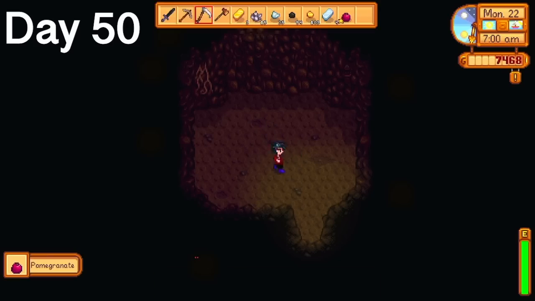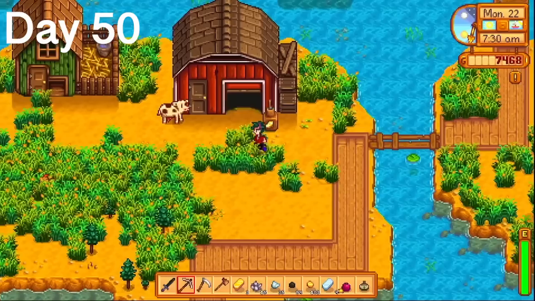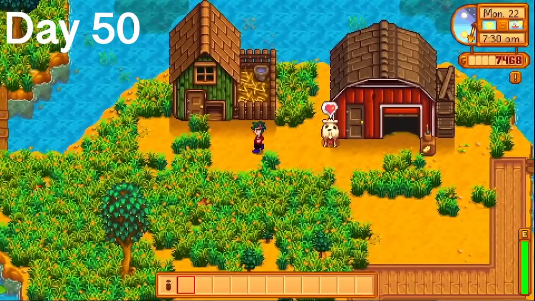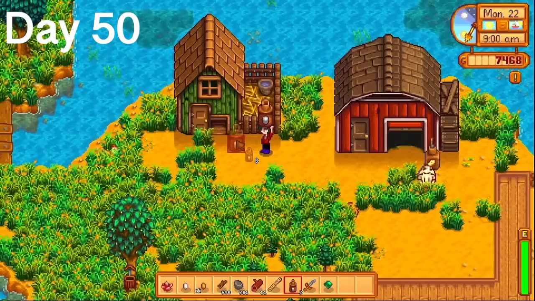I found another pomegranate in my fruit cave and gathered my pine tar to only realize that I had my tapper on the wrong tree. I set off to go say hello to my animals while in search of a maple tree that I could retap. I was happy to see that I got my first eggs for my chickens,